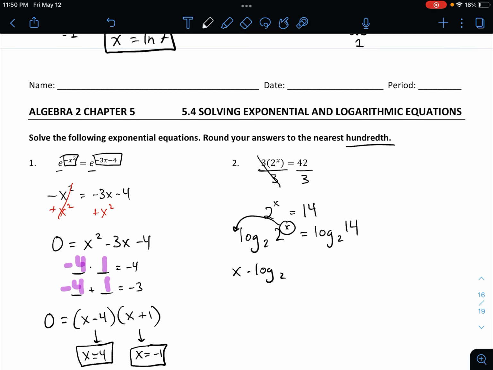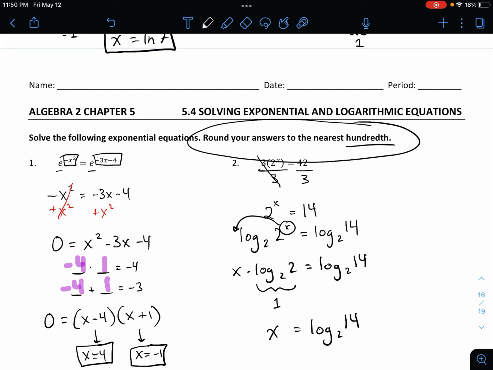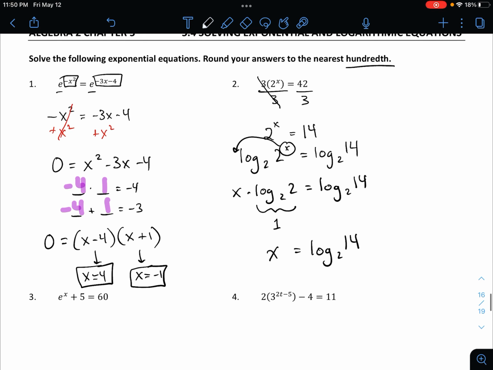So x times log base 2 of 2 equals log base 2 of 14. Again, I know that this amount here is 1 because 2 to the first power equals 2. So this is really just an x times 1 is x equals log base 2 of 14. Normally we just stop here if they wanted an exact answer, but they're actually asking us to round our answers to the nearest hundredth. So we're going to go on our calculator, we're going to type it in just like this, and we're going to hit enter, and we should get approximately